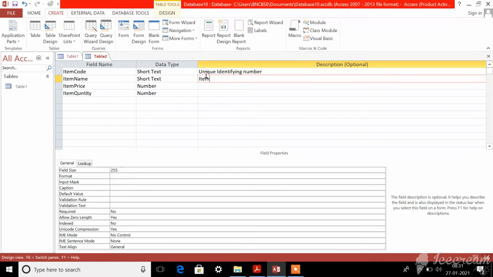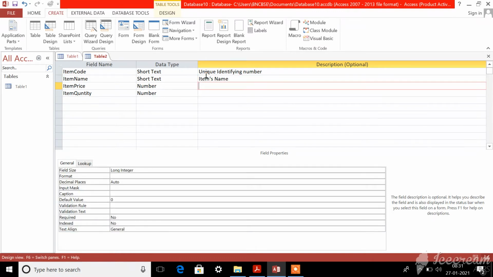Dear children, item name, then item price. This is how you have to enter your description, something about your data, if you want to write something about the data that you are going to enter.